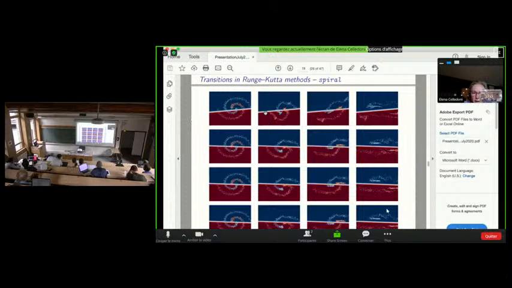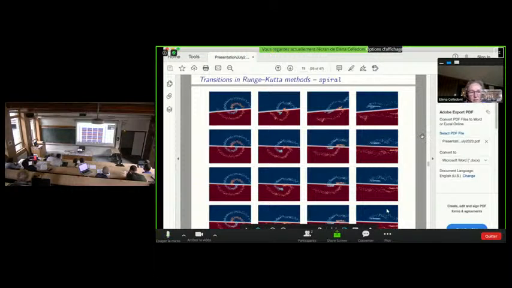Here you see again, each row is a different method, and you see the evolution of the data throughout the network and how the data is separated at different times. So the first row is again the ResNet, and then order 2 Runge-Kutta method, 3 and 4.